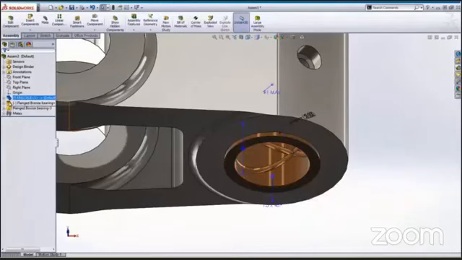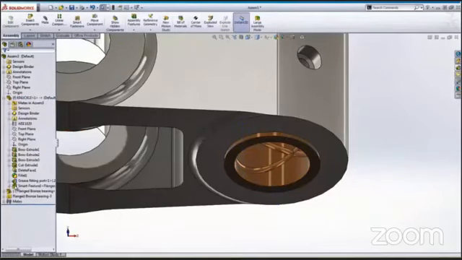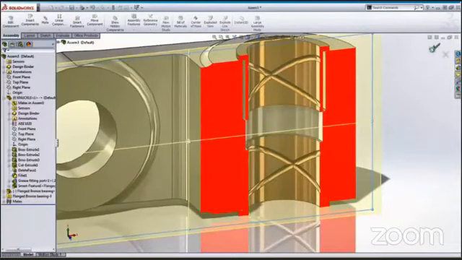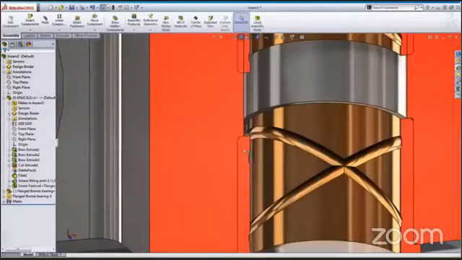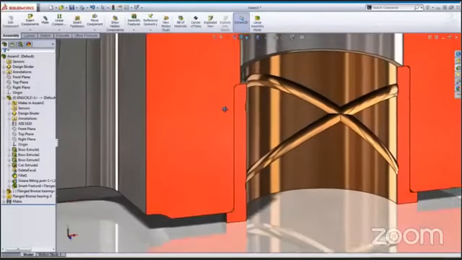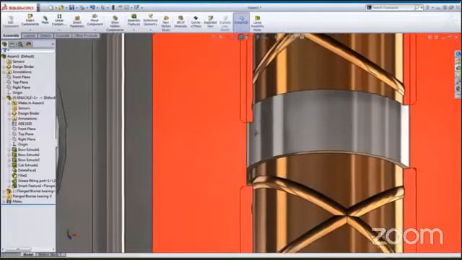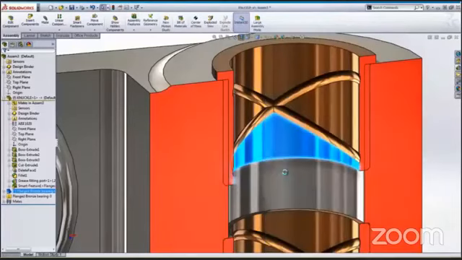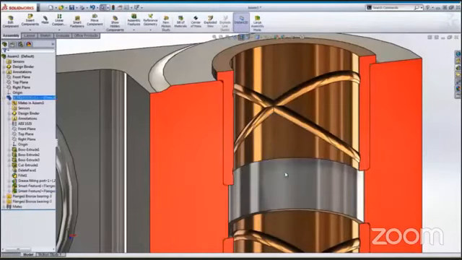and if we take a closer look, we can see that these features were actually added to the knuckle part to which it was assembled. We can dig deeper by using the section tools and see that the bore, fillet and chamfers were added to our part. Let's add the smart features for the other bushes. And just like that, we define the proper bore for the bush. Next, we could add the grease fitting by snapping it into position as well.